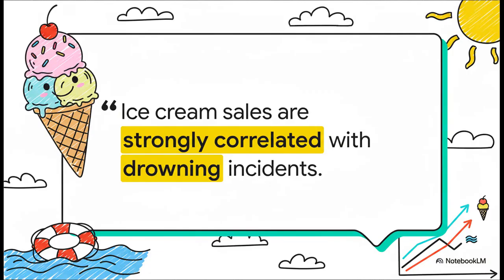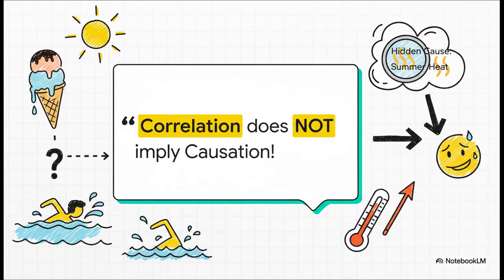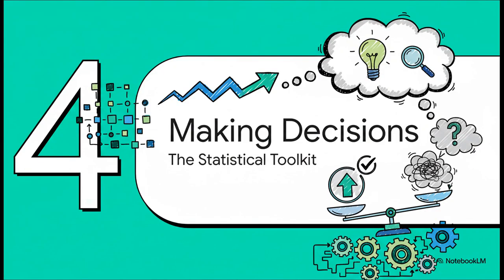Here's the classic example. If you look at the data, you'll see a super strong connection. When ice cream sales go up, the number of people who drown also goes up. So does eating ice cream make you drown? Of course not. And this is the perfect illustration of the point. The two things are definitely correlated, but there's a hidden factor causing both of them, the summer heat. When it gets hot, way more people buy ice cream and way more people go swimming, which sadly leads to more drownings. You've always got to be on the lookout for that hidden cause. Avoiding traps like that one is so important.